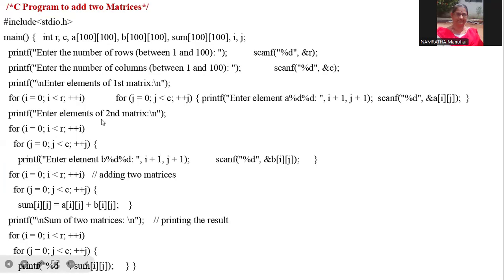So this is the for loop for the second matrix: for i is equal to 0, i less than R, plus plus i, and j is equal to 0, j less than C, plus plus j. Enter the elements. After accepting the two matrices' elements, we are going to add the two matrices. So again, you need two for loops, one for the row and one for the column. You are opening the for loop, and sum[i][j] is equal to a[i][j] plus b[i][j]. So the sum of the two matrices you are going to print. So again, you'll need these two for loops, i counter, j counter, and then you'll print the sum of the